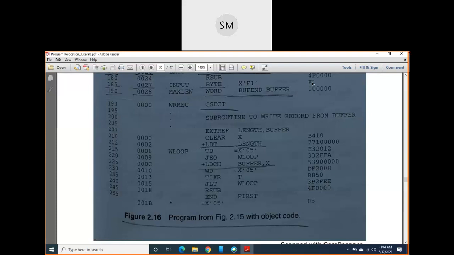Here, in addition to these three records, we have to use two more records, as we have used two new assembler directives, external definition and external reference. So for external definition, we use the define record, and for external reference, we use the refer record.